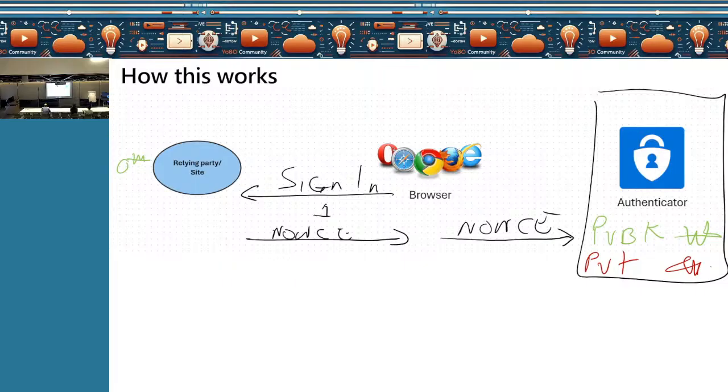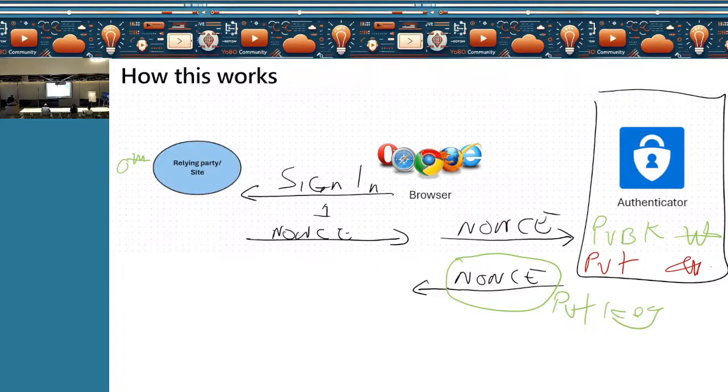Now my authenticator is going to respond to it. The way it responds is it sends the nonce, but it encrypts it with the private key.